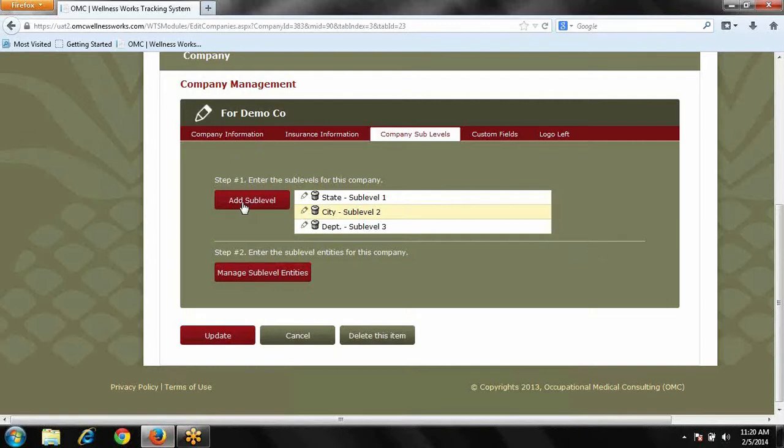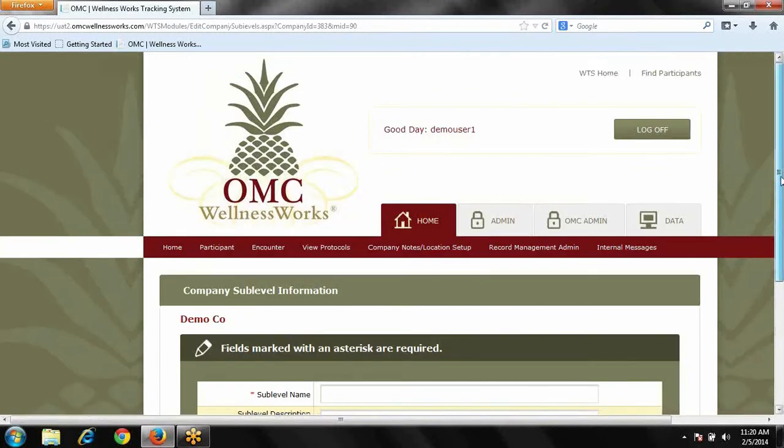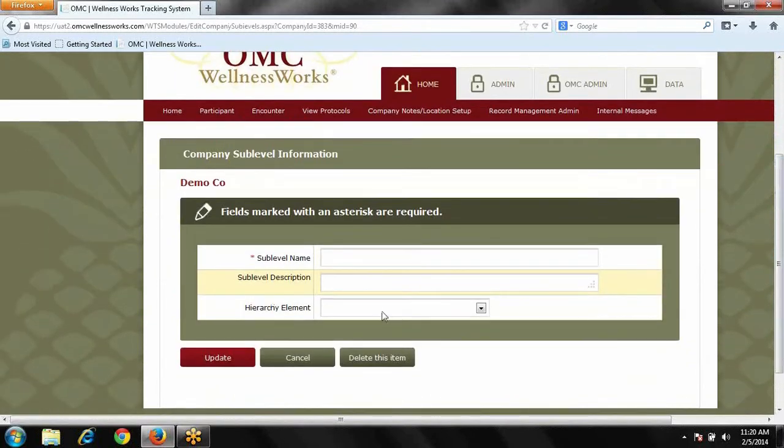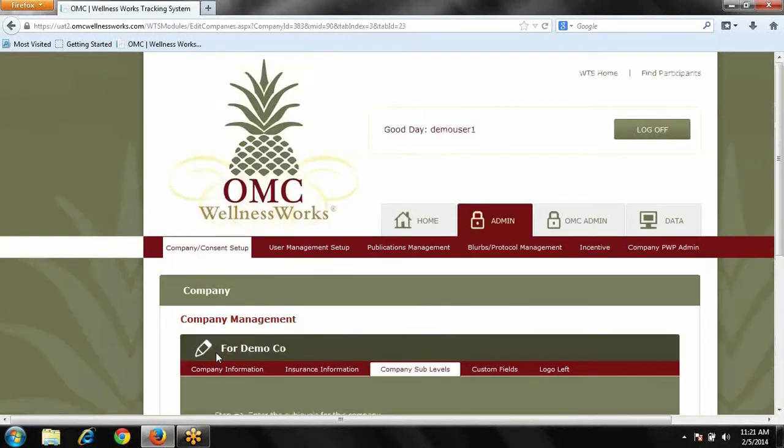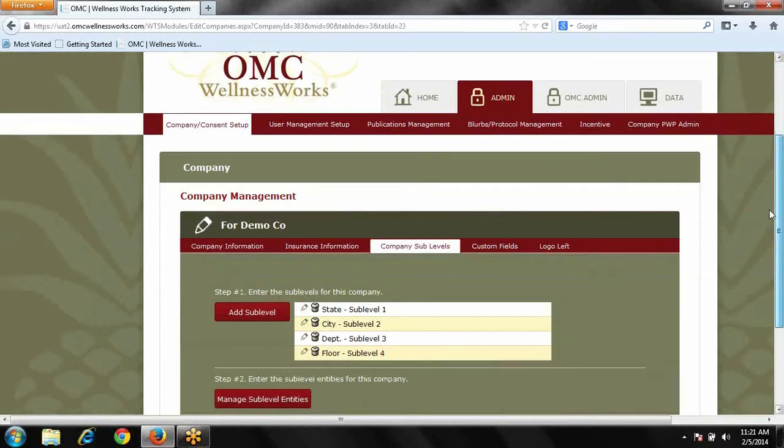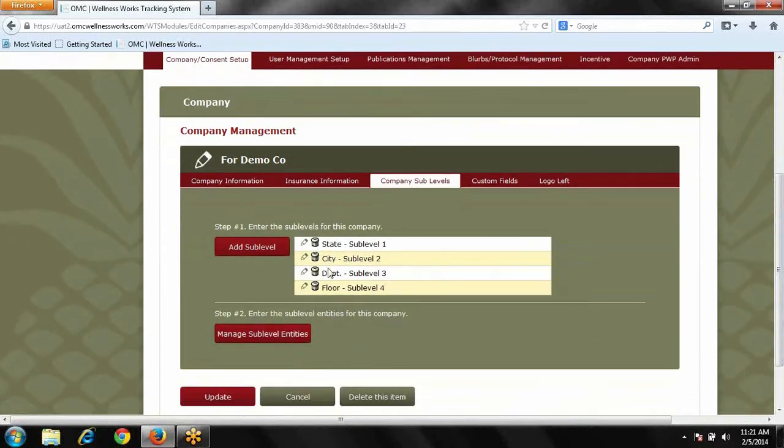Really, all we're going to do is click Add Sublevel. Going to assign that sublevel a name. This one we're going to call Floor, because it's going to be the floor that our individual works on. We're going to give the sublevel a description. We'll call it Floor again. And we will put that in the fourth level for the hierarchy element. I already have 3 other levels. We have state, city, department. Now we'll have floor. So once I have my sublevels put together, I will go to Manage Sublevel Entities, and